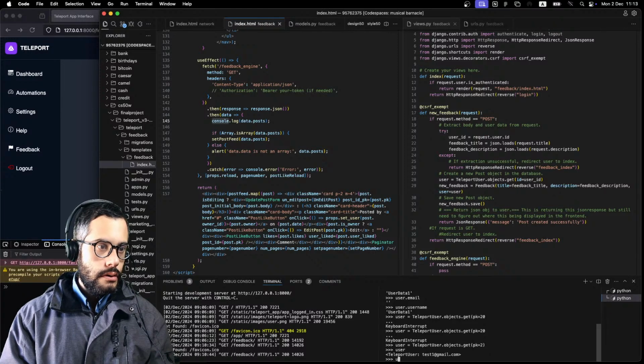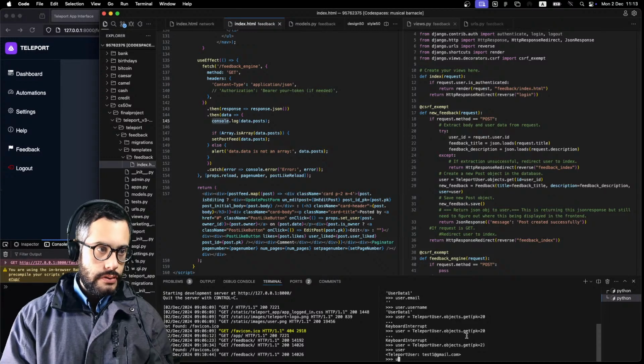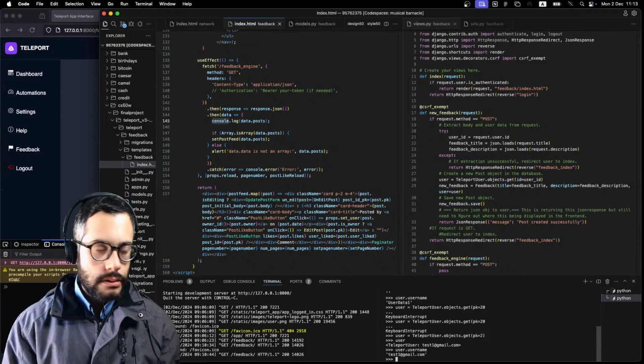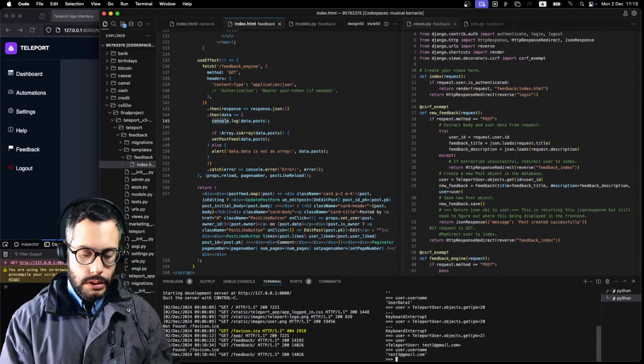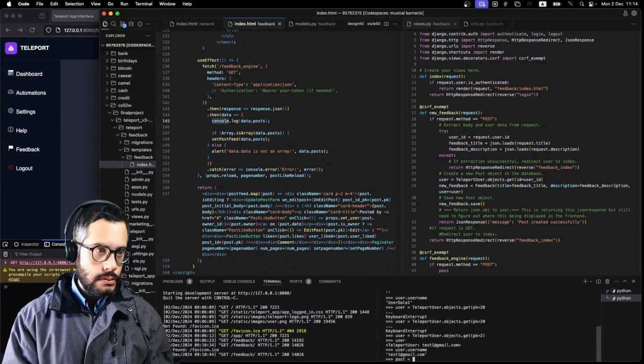And user, okay, so now we have an actual good test user here. You see, if I type in user username, it gives us that. Okay, so it's a valid user. So what I want to do is make a new post. So the way to do that is post is equal to,